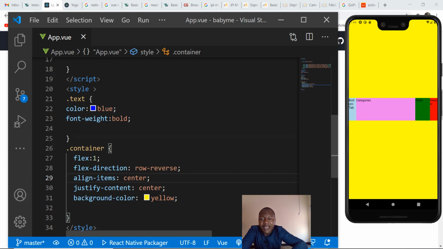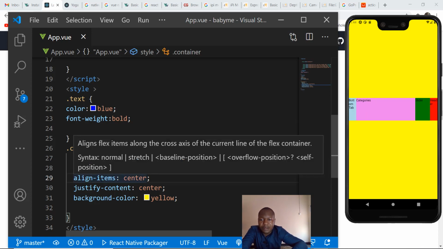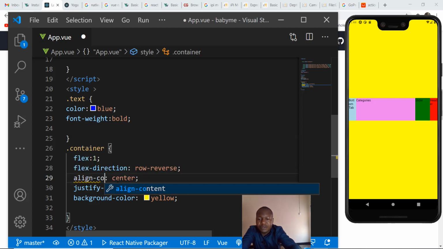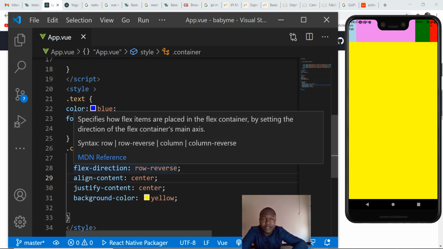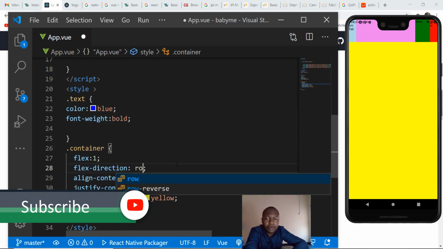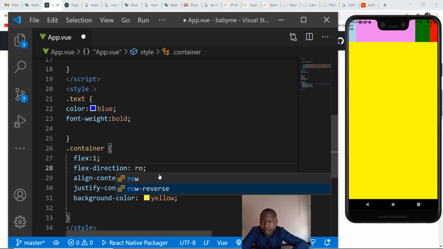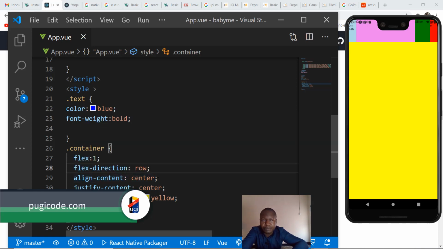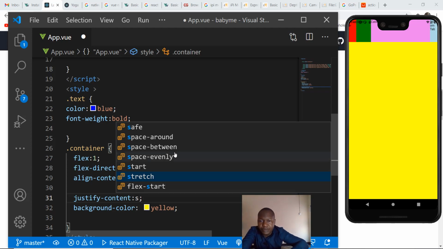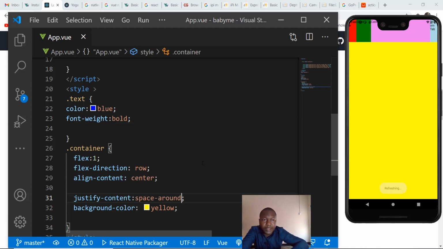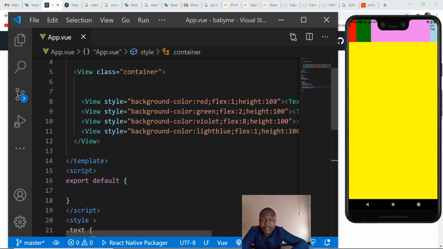Now, what if I align content center? Okay, so it is aligning them at the center, but from the top. Now, let me do row without minding. And then I do this again, that I want this content to be justified, okay, with a space around. Okay, I don't know if I have too much of this. Let me give them